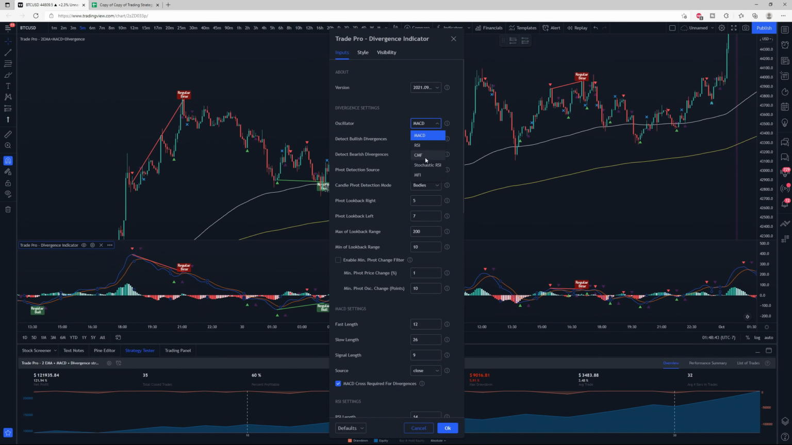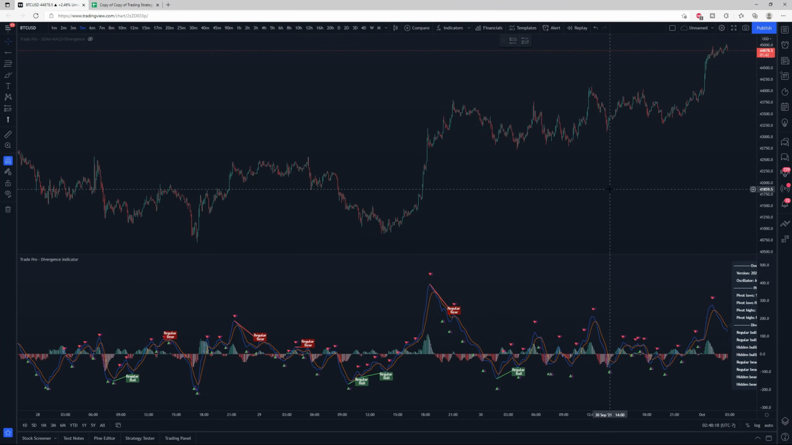So you can use RSI, Chaikin Money Flow, Stochastic RSI, and MFI, as well as regular and hidden divergences, both. So I'm going to break it down here. Let's get into it. All right, so I've gotten rid of the full strategy and just kept the divergence indicator